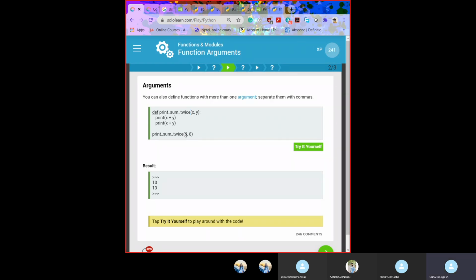When we use these arguments in our own defined function, it goes to the arguments where we gave them and follows the instruction. Here the instruction was print x plus y and print x plus y. They use these arguments as given, and print accordingly.